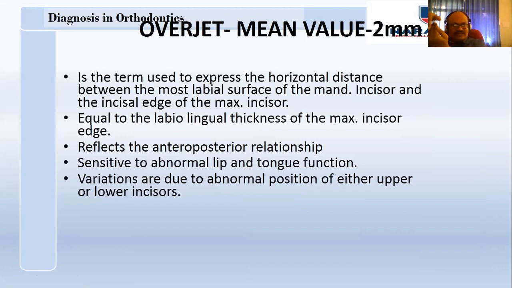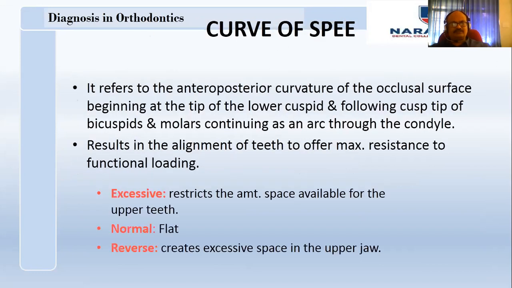Now comes the overjet, the horizontal overlap. It is the distance between the labial surface of the lower incisors and the lingual surface of the upper. This is called overjet. It reflects, in fact, the relationship between the underlying skeletal bases. The more the incisors are proclined, it indicates in general that the maxillary teeth are more forwardly positioned. Check for the curve of Spee. The curve of Spee should be very flat.